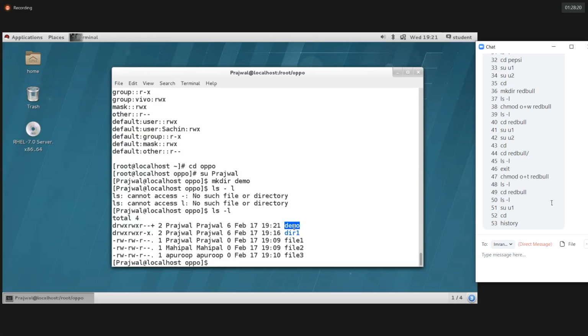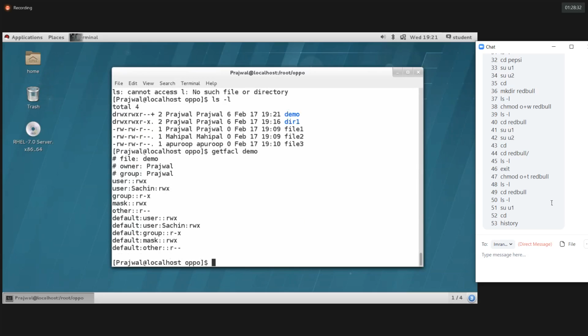The demo directory got created. If you observe, demo has an ACL. The plus means it has an ACL. What type of ACL does it have? getfacl demo. See, the Sachin user has access to create files and directories inside demo now. I hope you're clear, guys.